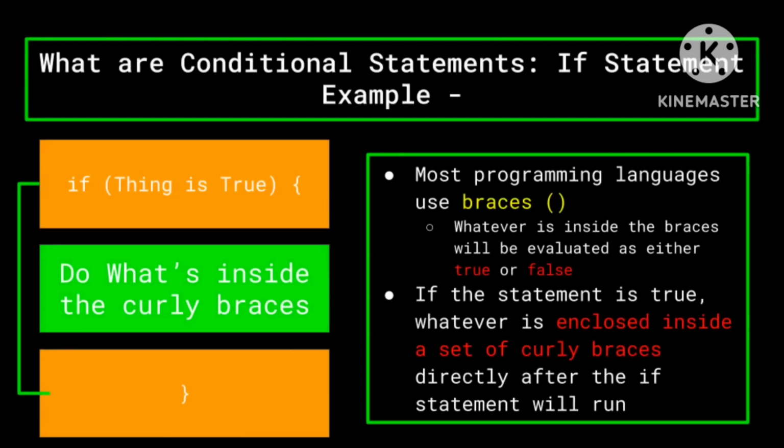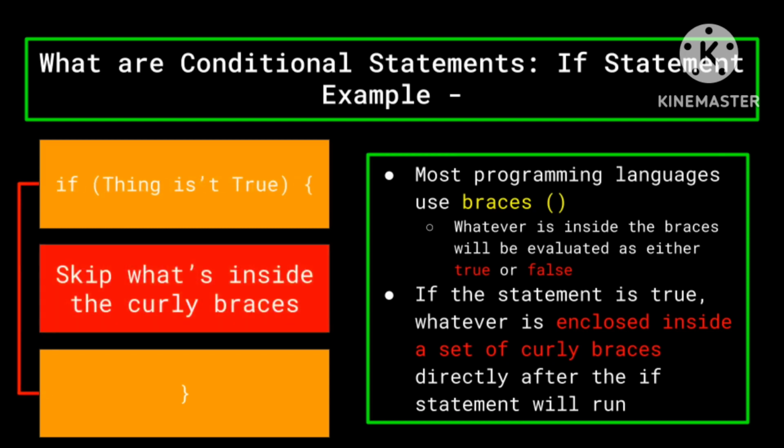Now, brackets are used in most programming languages to indicate a segment of code which we will run. It works like this. If the condition in parentheses is true, then all of the code contained within the brackets will run, and if the condition within the parentheses is not true, then it will skip over all of the statements within the brackets. A quick note is that while this is the case with most programming languages, some, like Python, use colons and